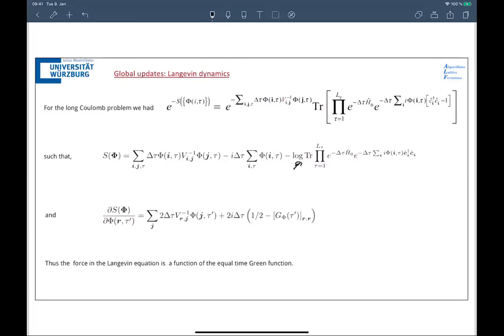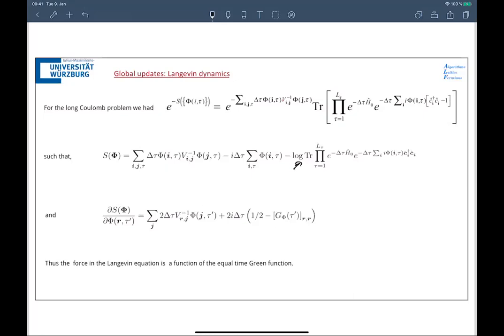Okay. The trick with global updates is that you have to be clever, because if you change too many spins at once, then the acceptance rate goes down. Yes. So you have to be clever about what to update. You have to first understand the physics and then impose a global update. And understanding the physics on the basis of Hubbard-Stratonovich fields, which are maybe not directly related to a physical variable, I think is sometimes a bit challenging. That's my opinion. Maybe some people have different opinions, but that's my opinion.